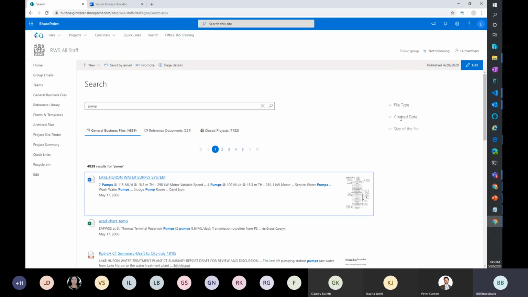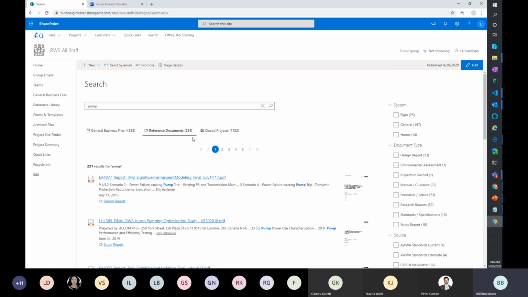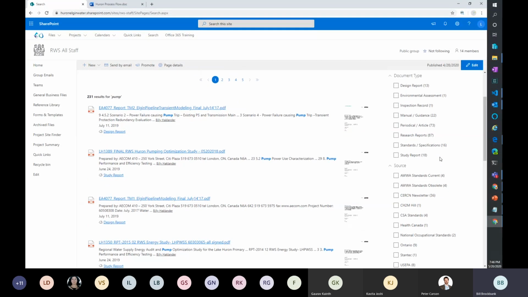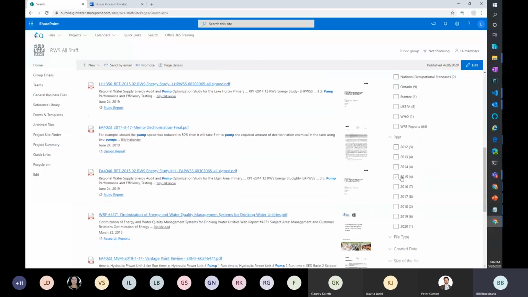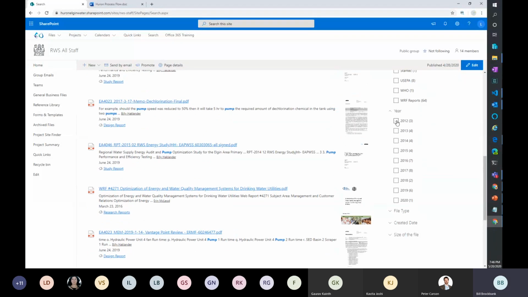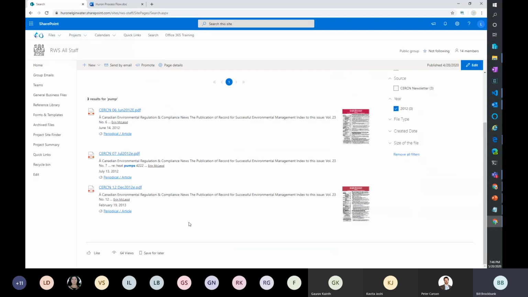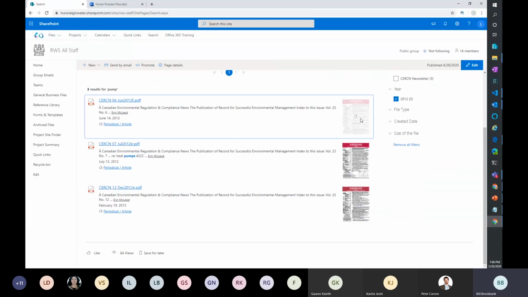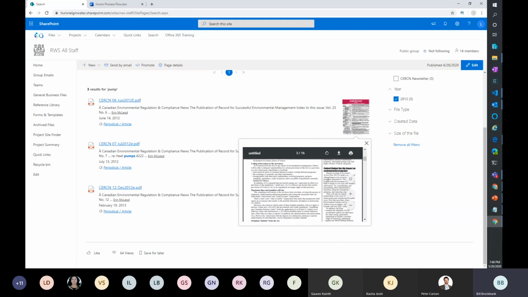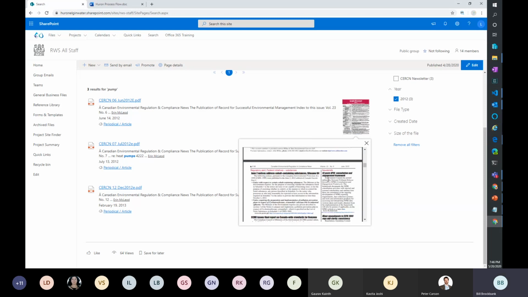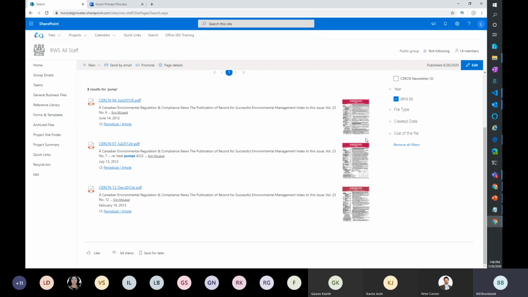The other thing that's in there is this has some custom properties, and I can't remember which one. Yeah, there we go. So this one has a bunch of custom properties. So document type I'm pulling up, which is a managed metadata field. Source of the data, year of the data. So I can actually pull the filtered. So there's 3 documents for that year showing up. They're PDFs. I can look at the PDF. I can actually print the PDF from this view. So this is all built into what we're getting out of the component. This is using, by the way, the October version, not the current one I just demoed. So it has a few differences in it.